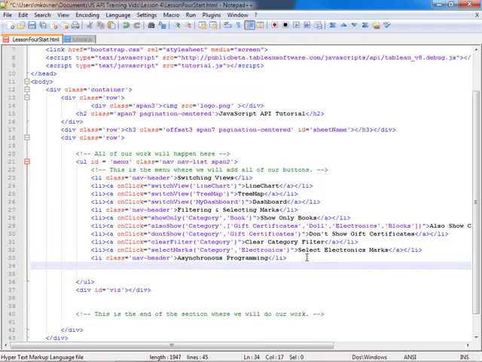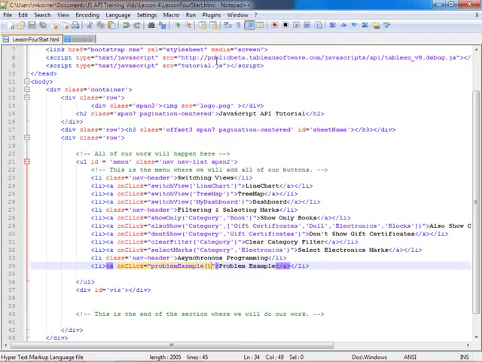Any button will do, but I'll just grab show only books, and I'll title it problem example. Instead of calling the show only function, I want to call the function that we just created called problem example. There's no arguments to that function, so just open parentheses, close parentheses, and let's go ahead and save that file